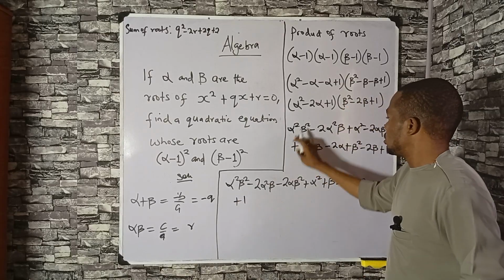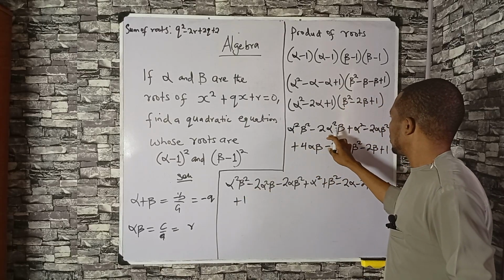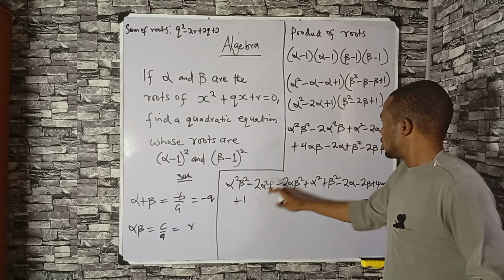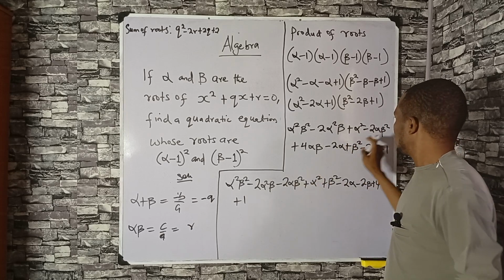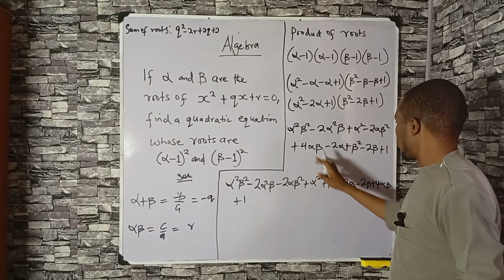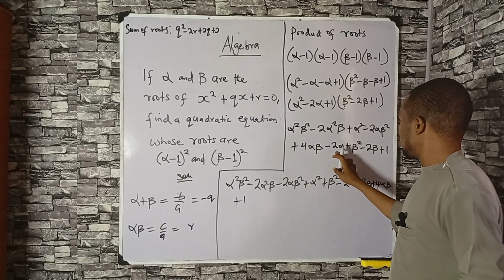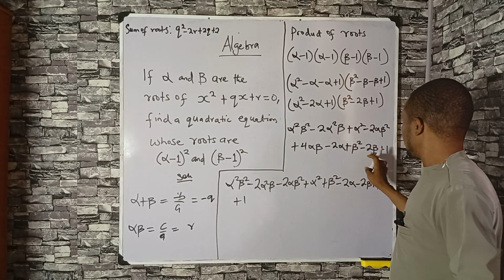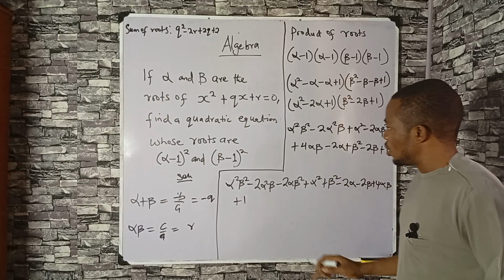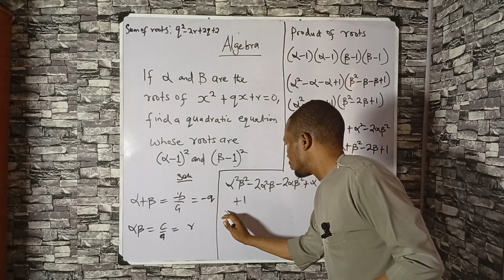Let's check again. This is this one, minus 2 alpha beta squared here, alpha plus alpha squared is here, this is here, 4 here, minus 2 alpha is here, beta squared, this, then plus 1. We are correct. So from here we have